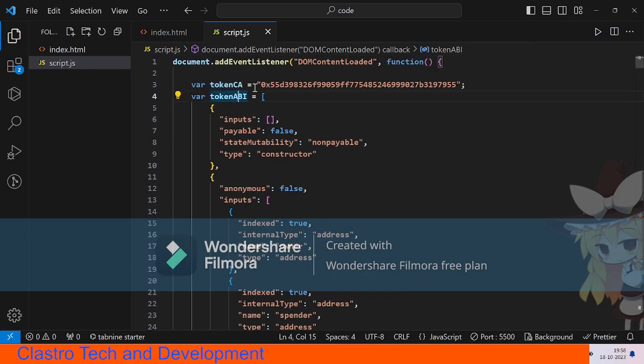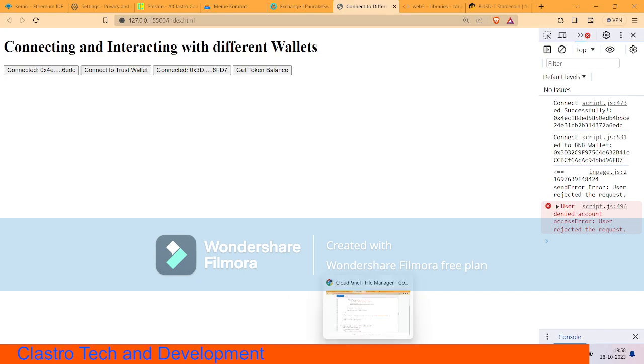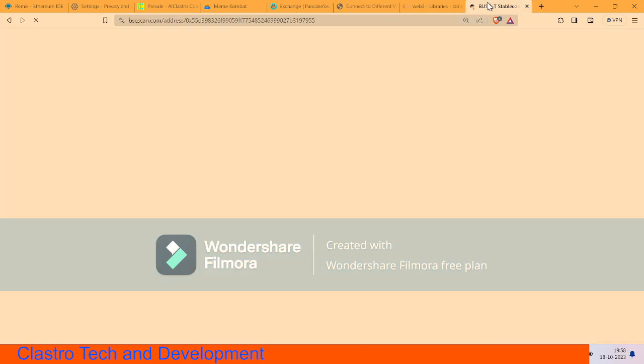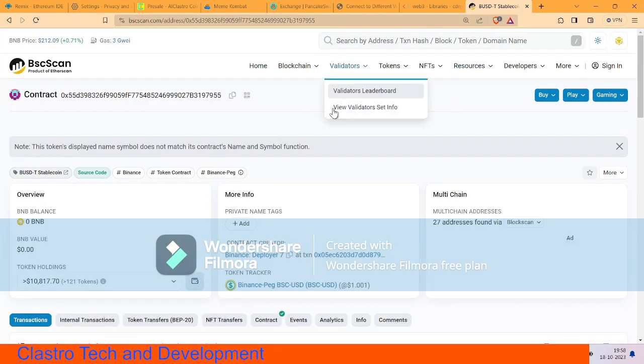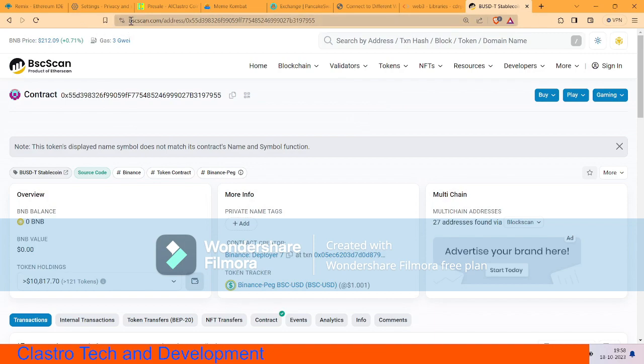So if you want to fetch any other token's balance, then you have to change these two variables, and I am gonna show you how to change them. So for example, I am showing you how to do it with USDT. First you have to find out the contract address of the token you want to find the balance of. So you have to know it, and then if you found it, then you have to go to